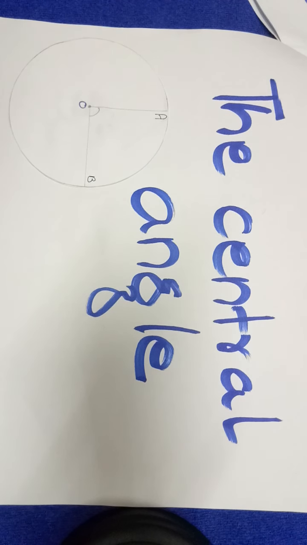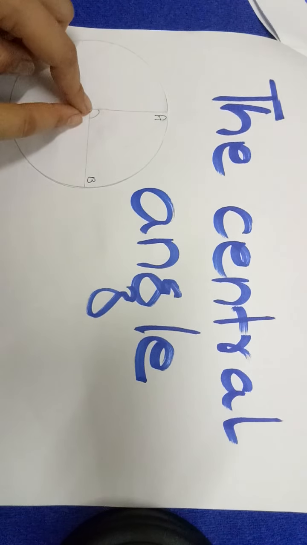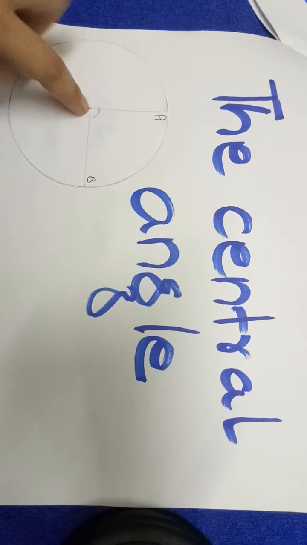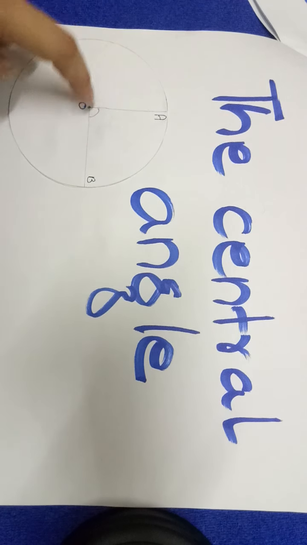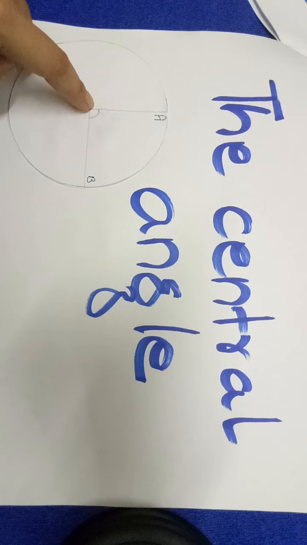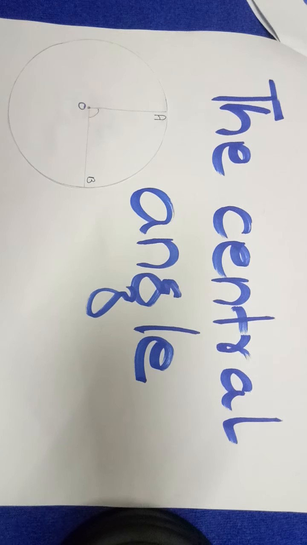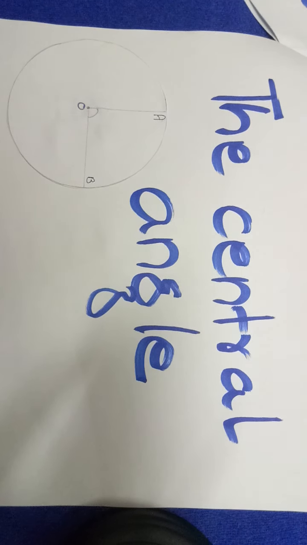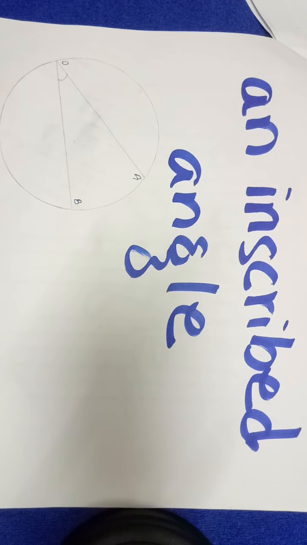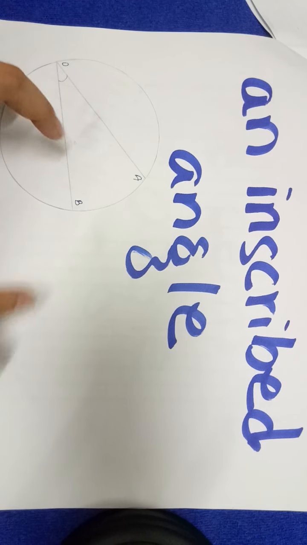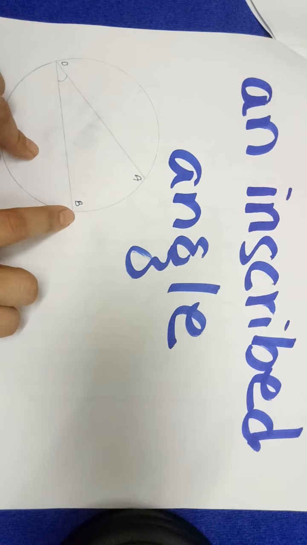The central angle is formed when two radii meet together inside the circle, in the center of the circle, which is called the central angle. The second one is an inscribed angle. An inscribed angle is formed between two chords whose vertex lies on the circle's circumference, which is called an inscribed